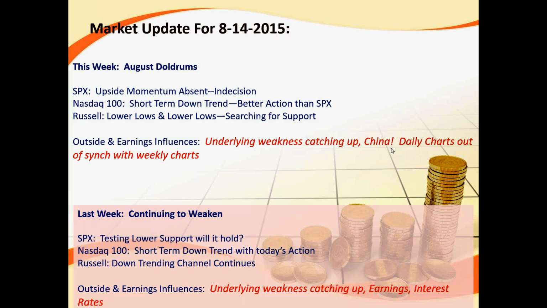China was the outlier this week. We were looking for some kind of a catalyst to drive the market one way or the other, and it turned out that China was trying to fix their economy. Turns out that the devaluation of the yuan has been a big impact on the global markets.